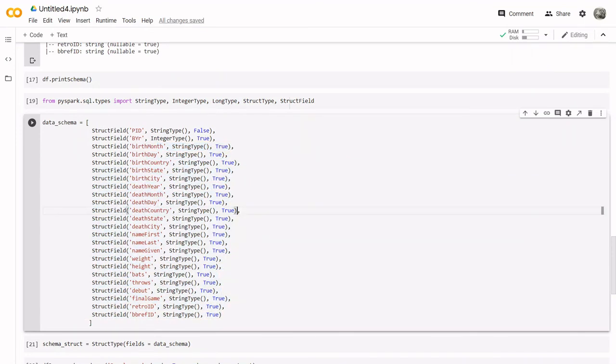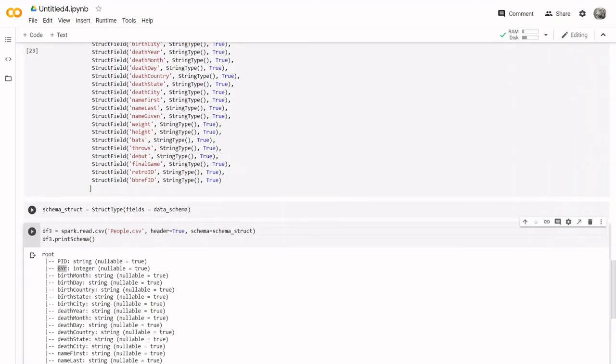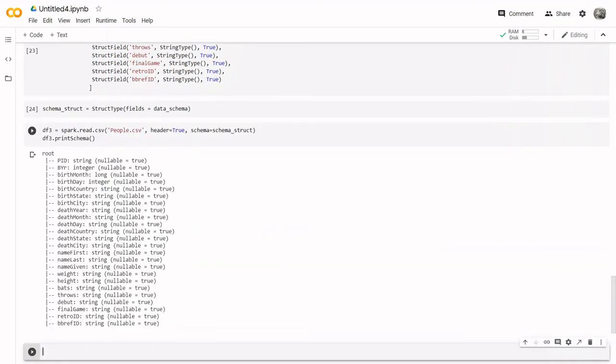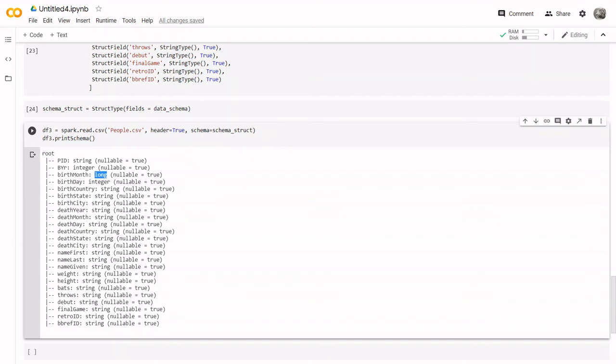But if you convert this, for example, instead of string type, you can make it an integer type, and the birth month, although it's not logical to use a long integer, I'm going to just change it to long integer. Run this line again, and this line again, and then finally this line. You'll notice that the birth month has now been changed to long integer, and then the birthday has been changed to